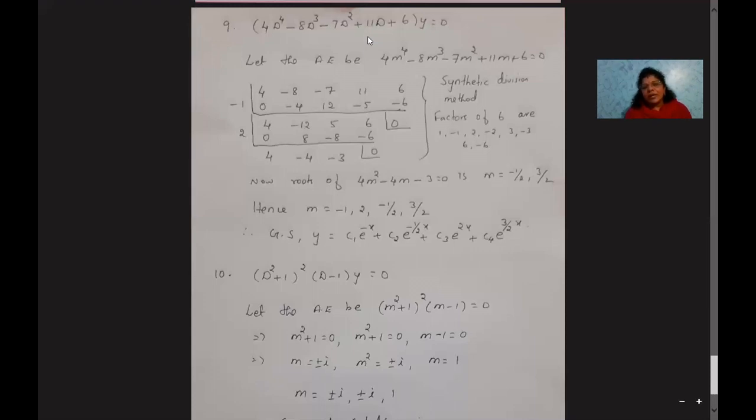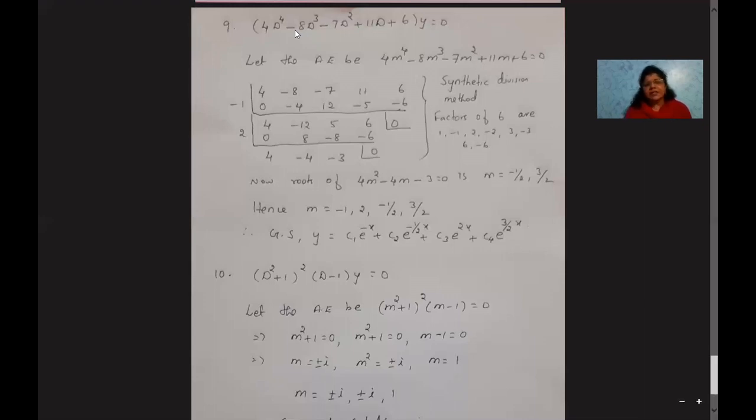Here, for this quadratic equation, we have obtained two roots. Already using synthetic division, we have obtained two roots. All the four roots put together will be the roots of the given equation. Again, I'm repeating, a fourth order differential equation means you will get four roots. Here the four roots are like this. None of the roots are repeated and none of the roots are complex. So the case 1 complementary function only we are going to use here.